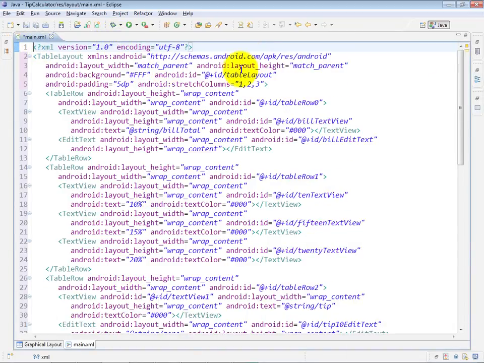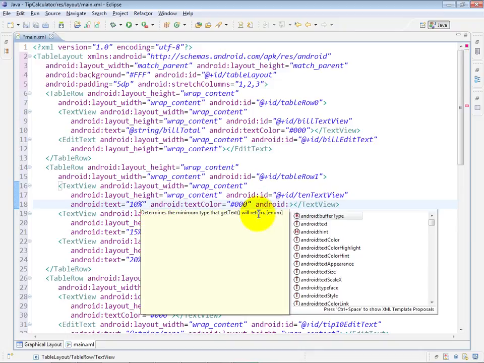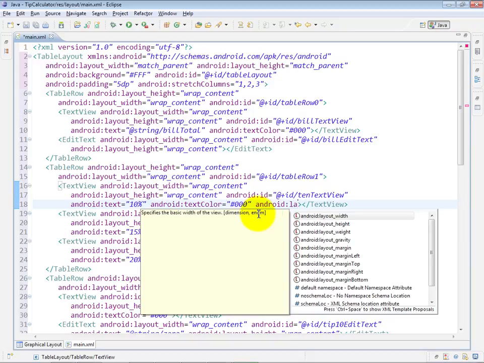And if I expand this a little bit, you can see now some of the nesting in the table layout and the different table rows, and then for each of the elements within the rows, it's gone ahead and formatted those as well. So here you can see at line 16 in the formatted code now we have our 10 text view, and basically we want to add another attribute to the text view's XML representation here, and that attribute is the Android. So let me type Android : and then notice it's giving me help in the IDE here with all the different attributes that I can specify at this point, one of which is the layout column, and